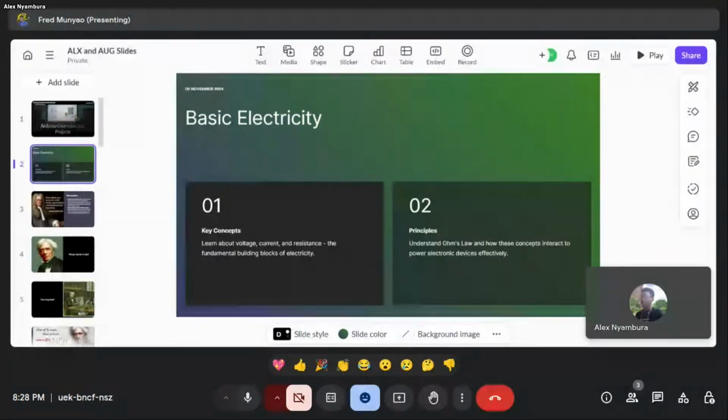Raspberry Pi and ESP boards, whereby we have ESP32 and ESP8266. So today, for the next 5 days from today to Friday, we are going to dive into